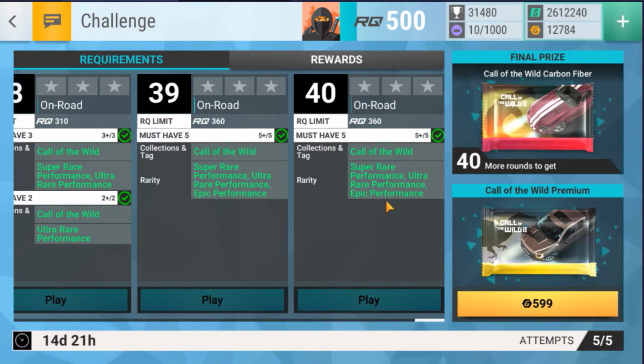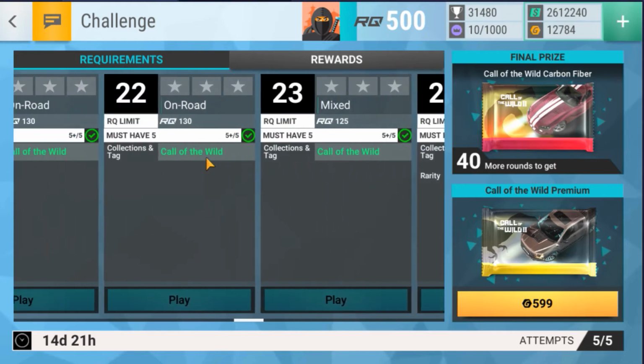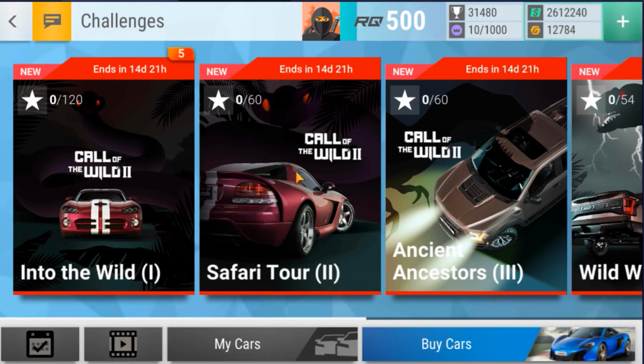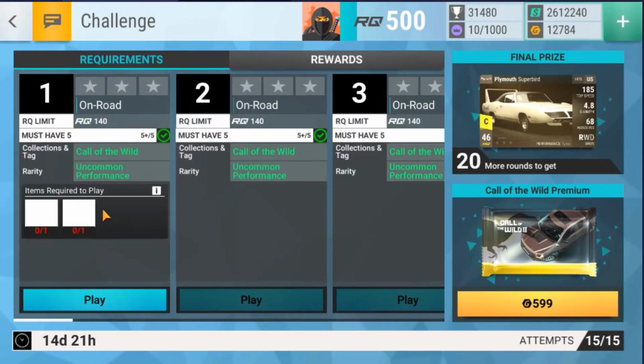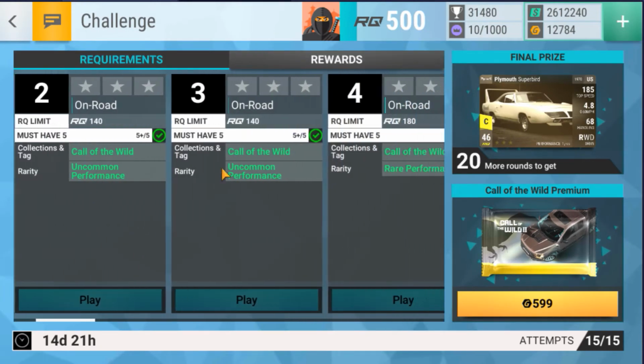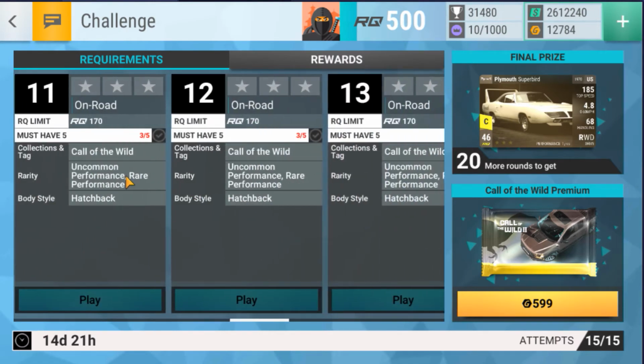Here you can see for the final one, you must be using Call of the Wild. They must have super rare and above. So you are going to have some cars which aren't rare or below, 5 of them by the looks of it, in order to get that. And I'd imagine as you start to come into the other areas, you need the fossils, etc., and tokens first. Uncommon performances all to begin with, but as you start to get further down,